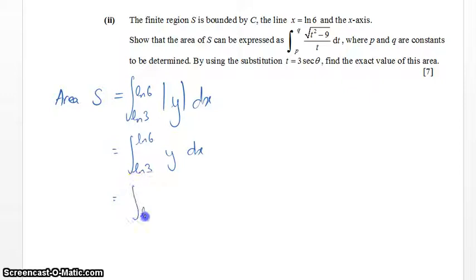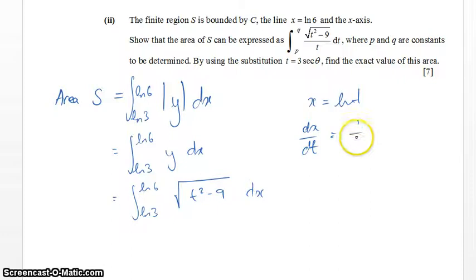That's the integral from ln 3 to ln 6 of the square root of t squared minus 9. This doesn't help us with dx, so we need to change from dx to dt. We know that x is equal to ln t, so dx/dt is just going to be 1 over t,